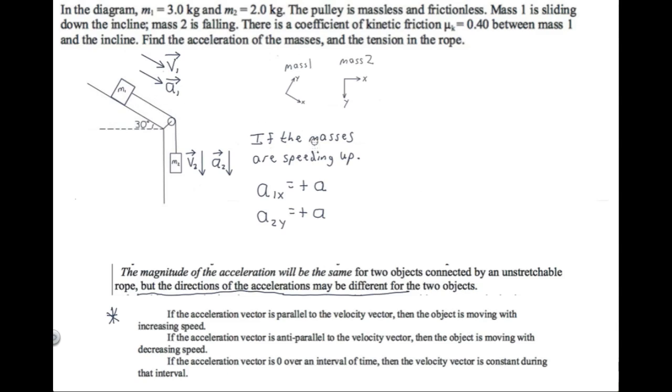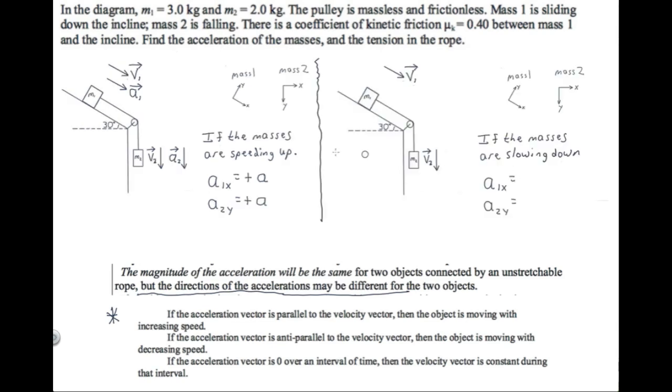So it would probably be safe just to plug in plus a for both of the components in your Newton's second law equations. That would give you the right answer for this problem, and it's pretty safe because professors would rarely set up this particular type of problem so that the objects were slowing down. But for the sake of accuracy and completeness,